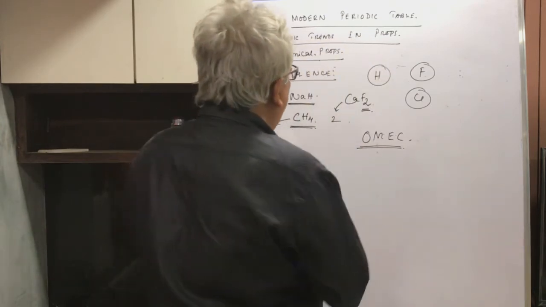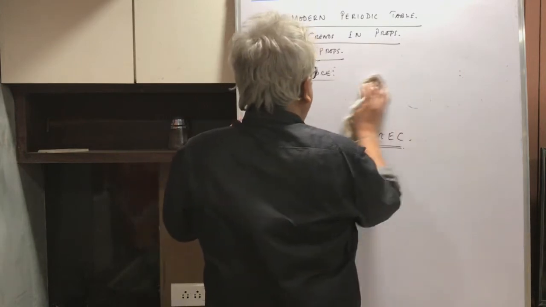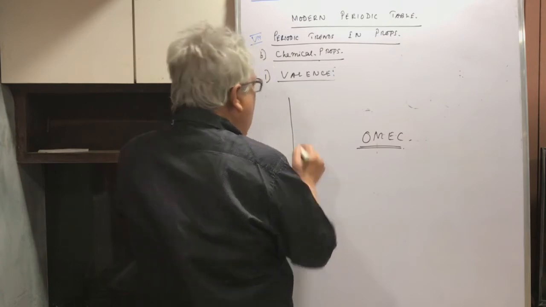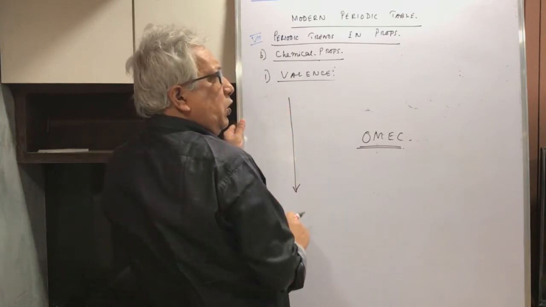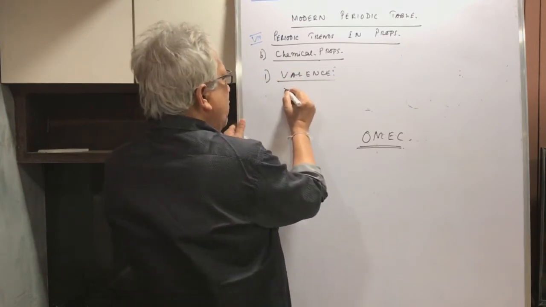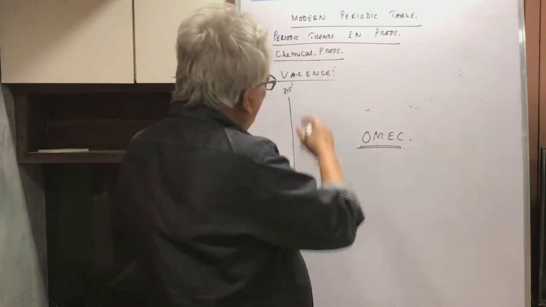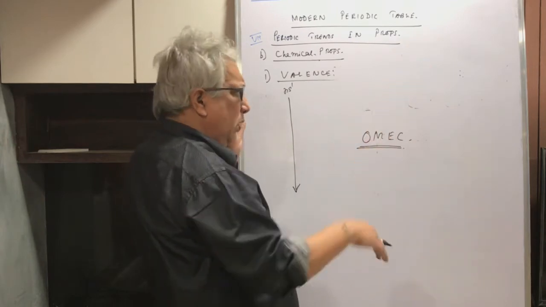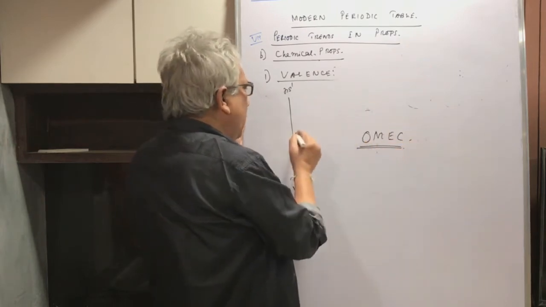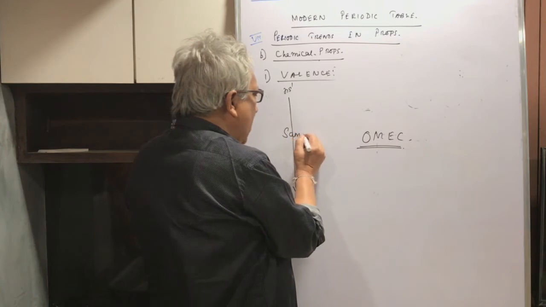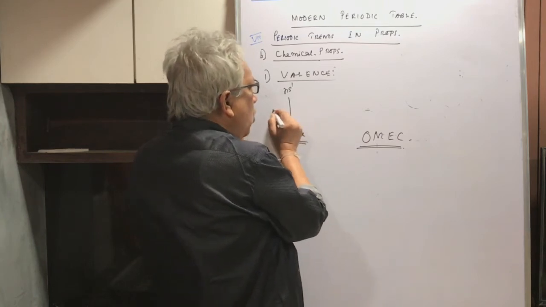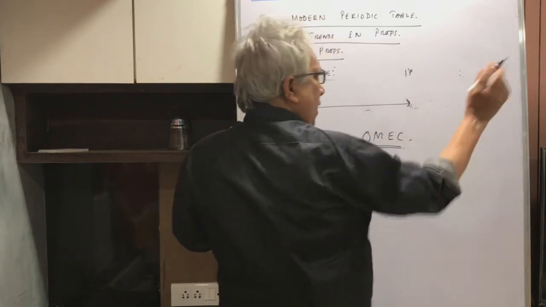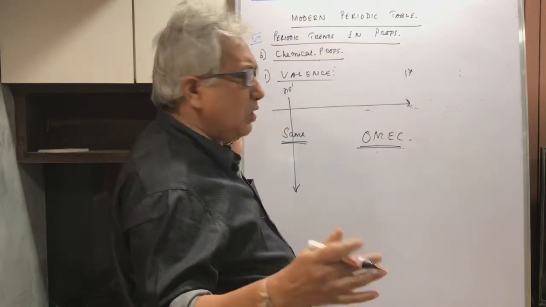In the case of normal elements, when you go down a group, you will find they all have the same outermost electronic configuration. Like group 1, they all have the configuration ns1. So they all will lose 1 electron and form only one bond with a monovalent element, with whoever it is, and therefore the valency will remain the same. But if you go across a period up to group 17, 18, the question of valence does not arise.